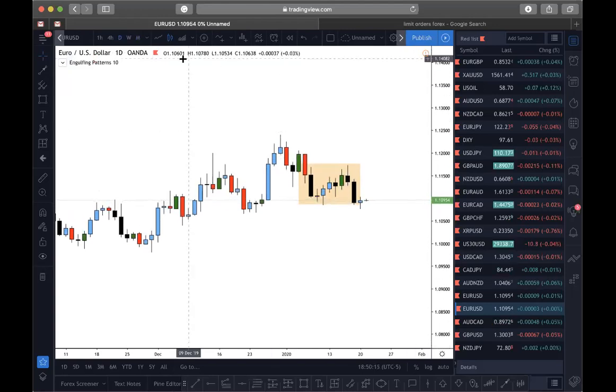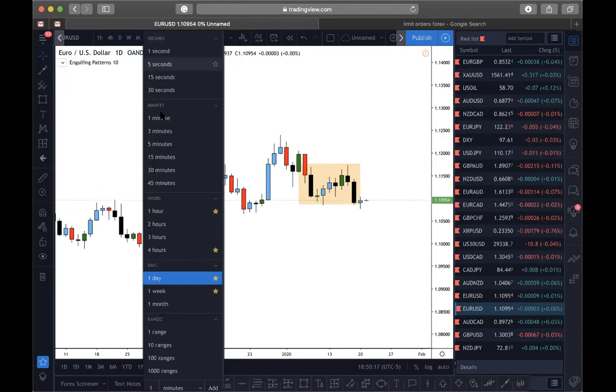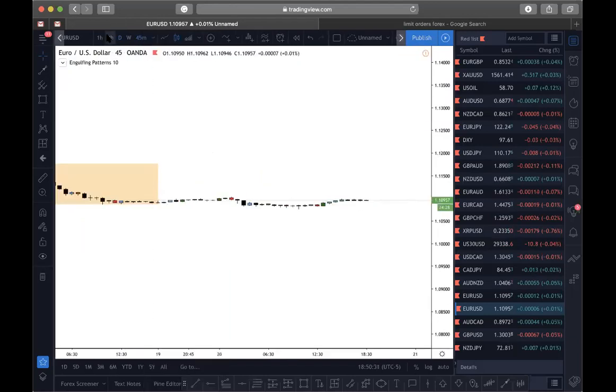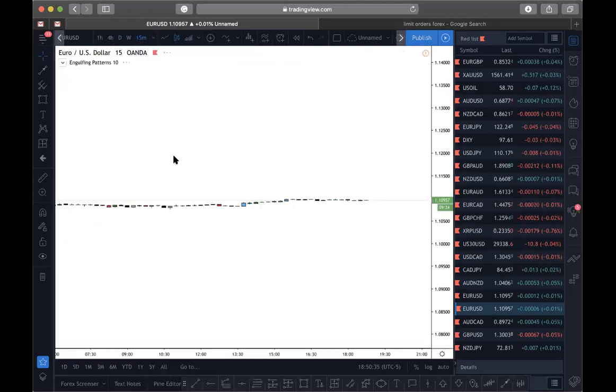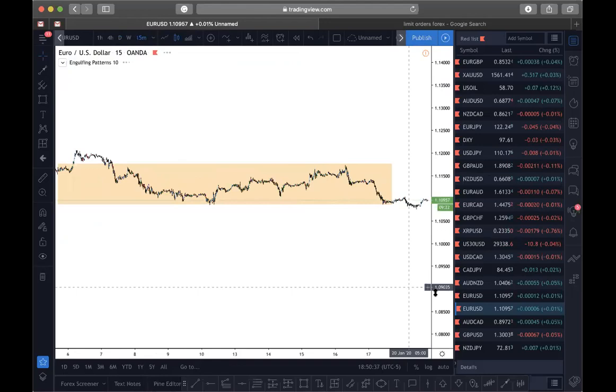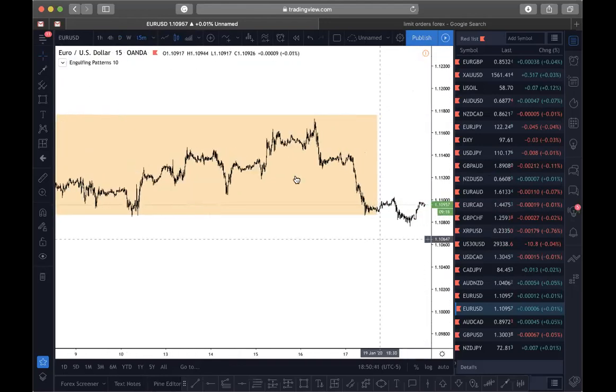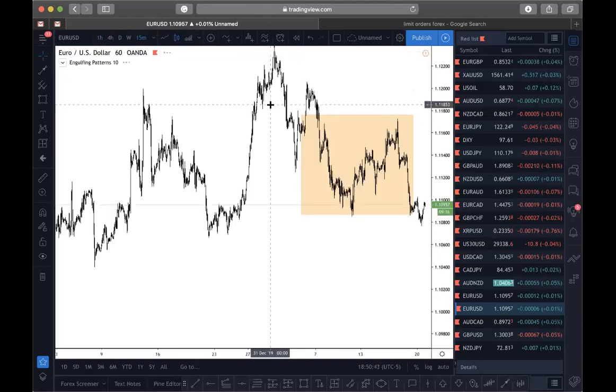But if you like fast pace and you want to trade beating out other traders in a few minutes, you look for patterns on the lower time frame. So you have down to the 1 minute, 3 minutes, 5 minutes, 15 minutes, 45 minutes. If we were to go on the 15 minutes, you would see a lot more candles, right? So for example,